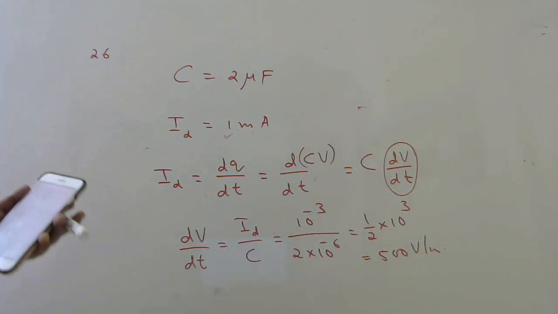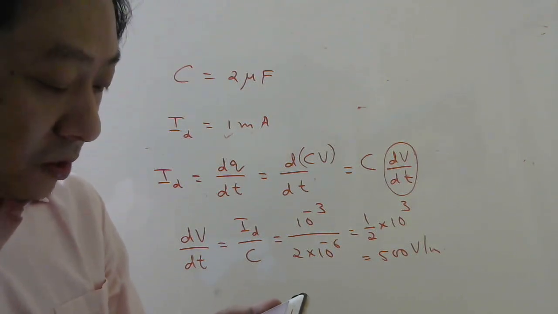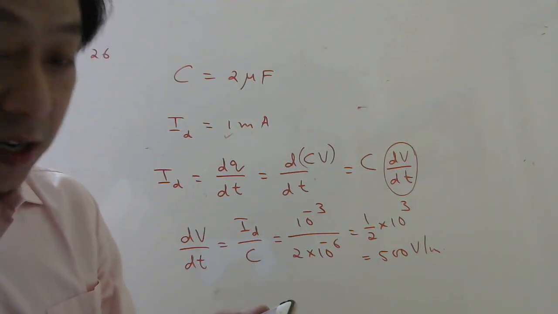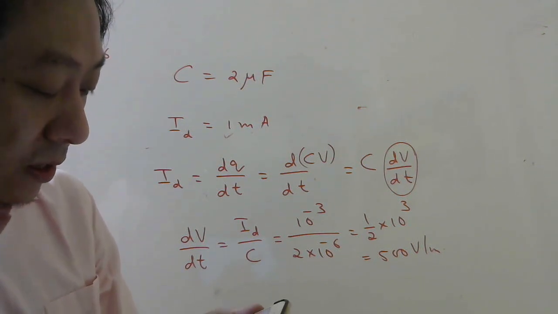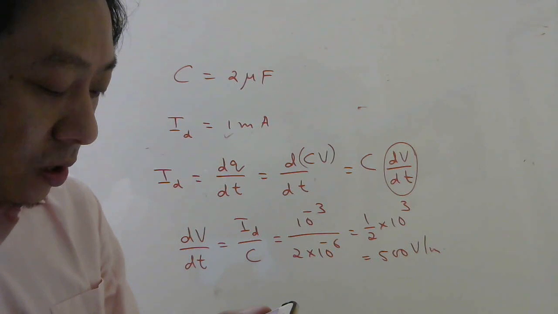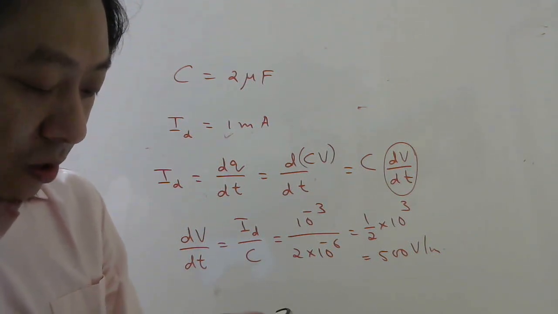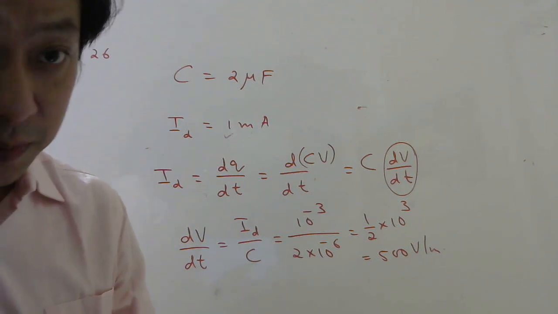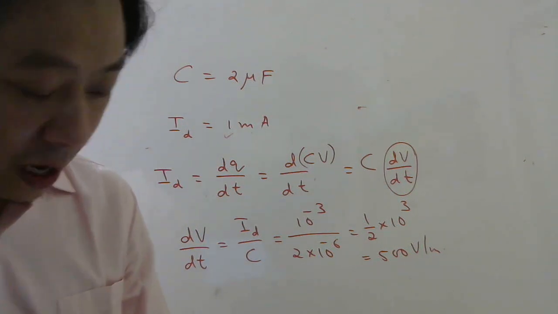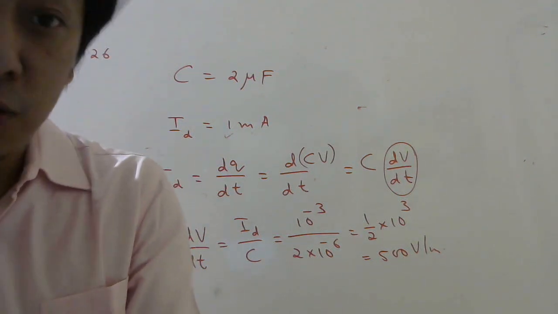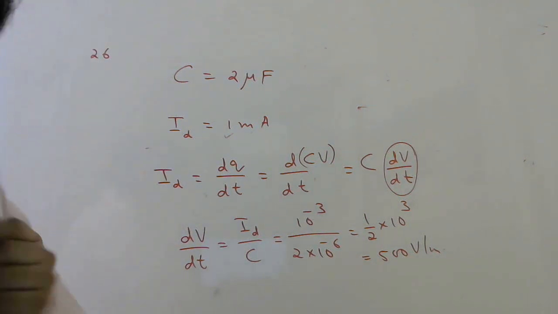Next question. A parallel plate capacitor made of circular plates, each of radius capital R 6 centimeter, has capacitance 100 picofarad. The capacitor is connected to a 230 volt AC supply, so this is RMS value, with angular frequency 300 radian per second, that is omega. Choose the correct option. The RMS value of displacement current. Though they have told displacement current, we will find conduction current only. So RMS value they want.